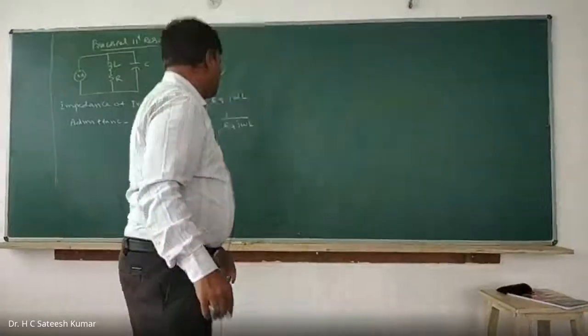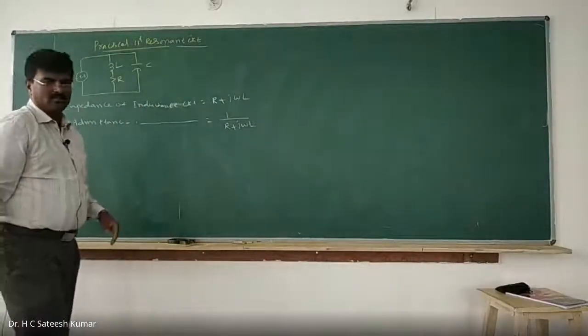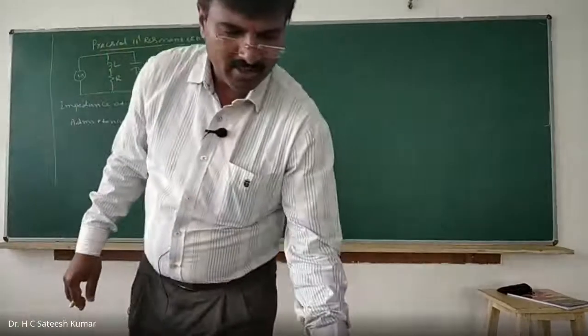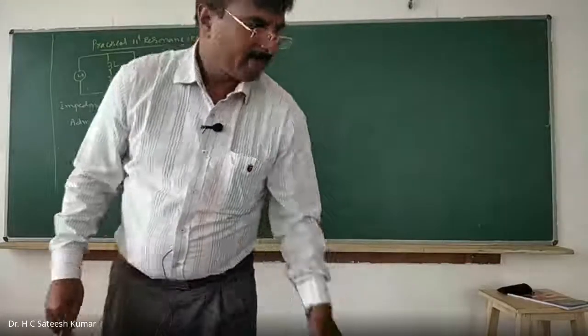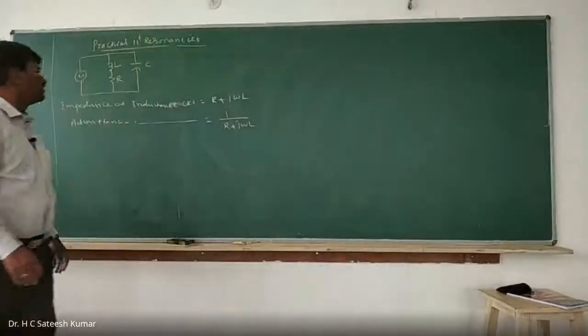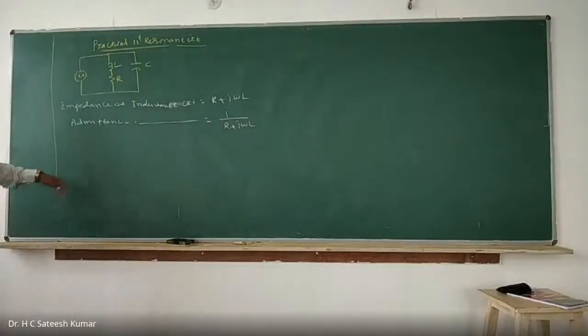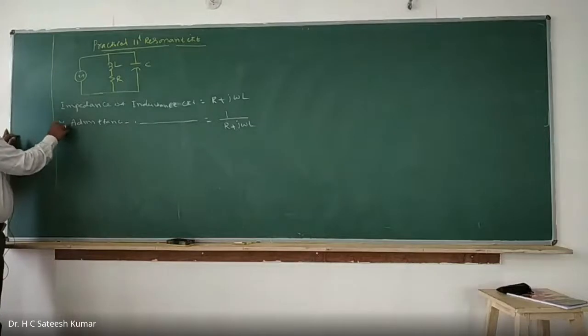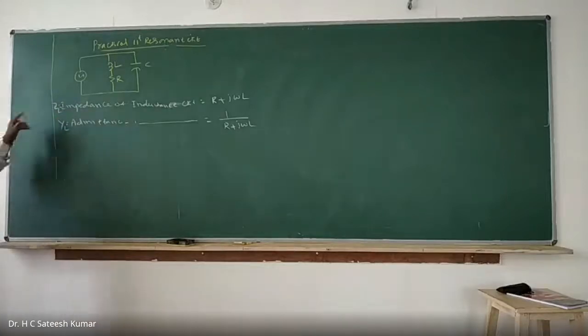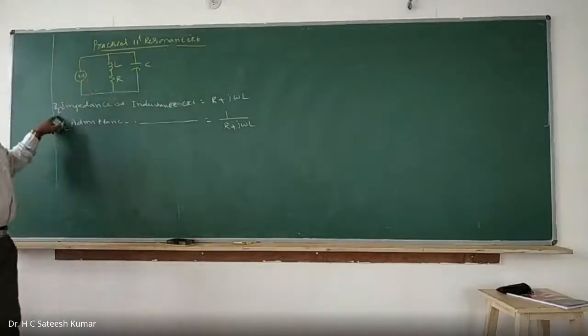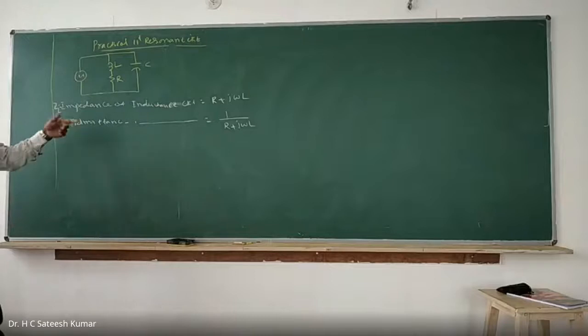If you want to separate the real part and imaginary part, we'll have to multiply the numerator and denominator by its conjugate. This we call YL, and this we call ZL. The impedance of the inductive circuit, these two being in series, I'll call ZL. The reciprocal of it we call the admittance of the inductive circuit.